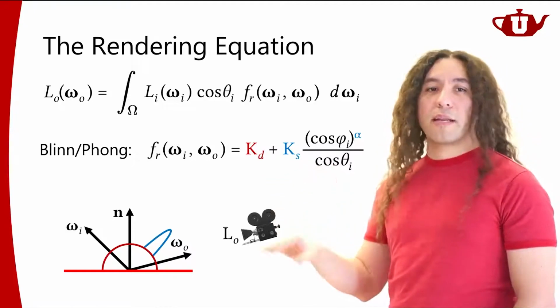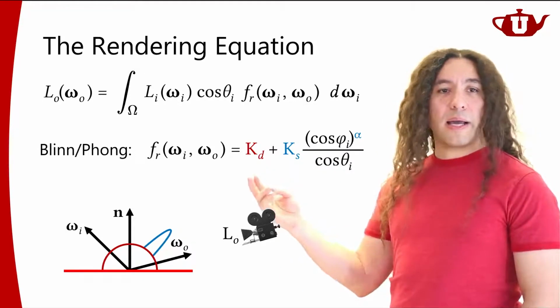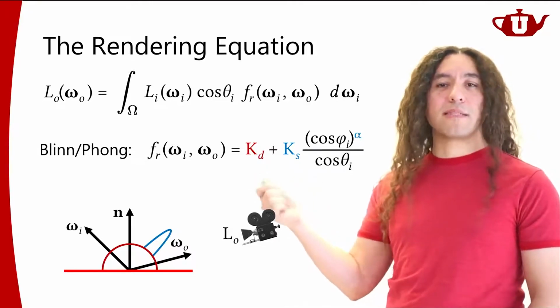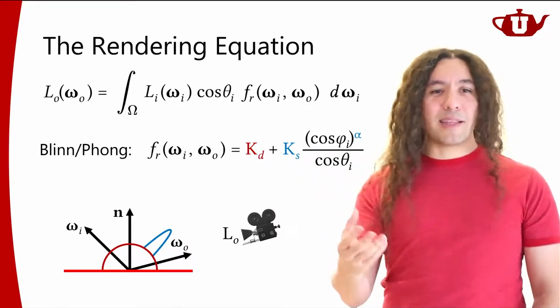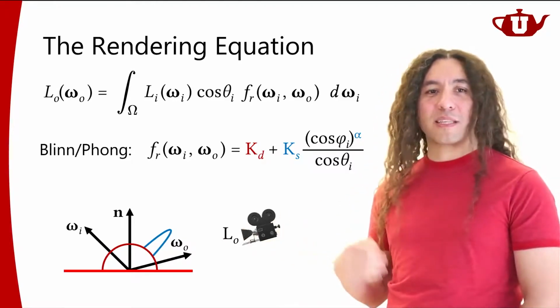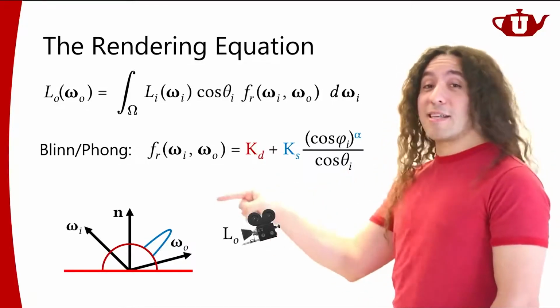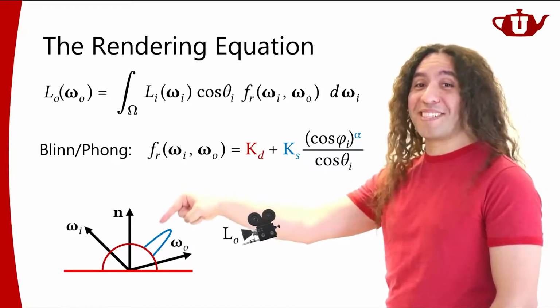But I'm not going to get into that, I just wanted to give you the general idea of why this is an important thing. We're going to talk about why this is important. At the moment, I'm just telling you that this is important because we don't want materials to be reflecting more light than they receive. But nonetheless, this is a very, very simple material model with a very, very simple shape.